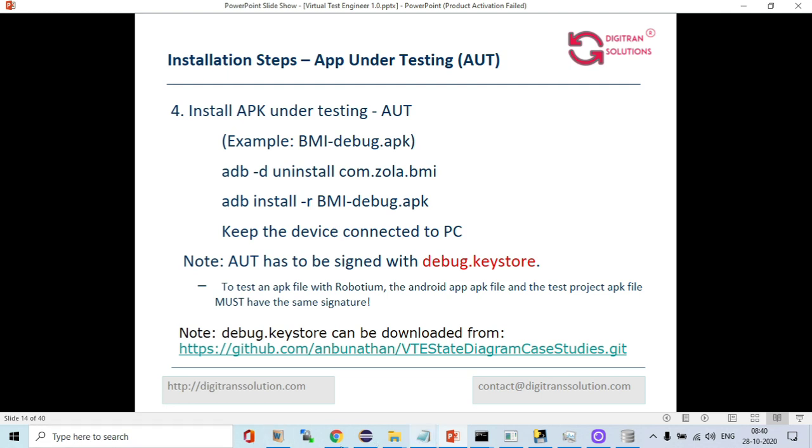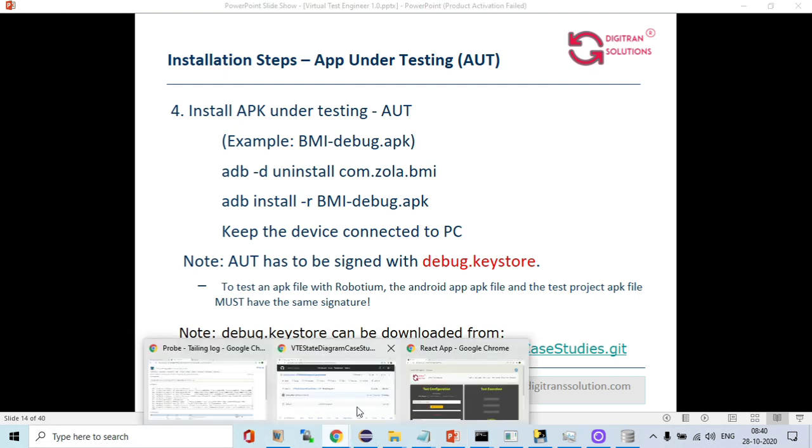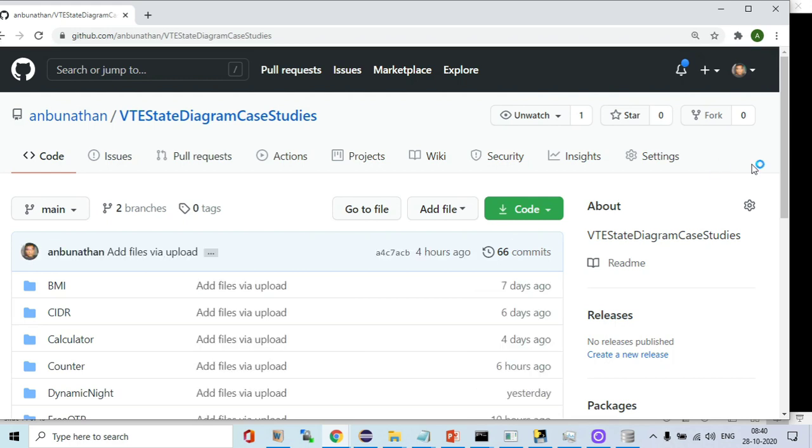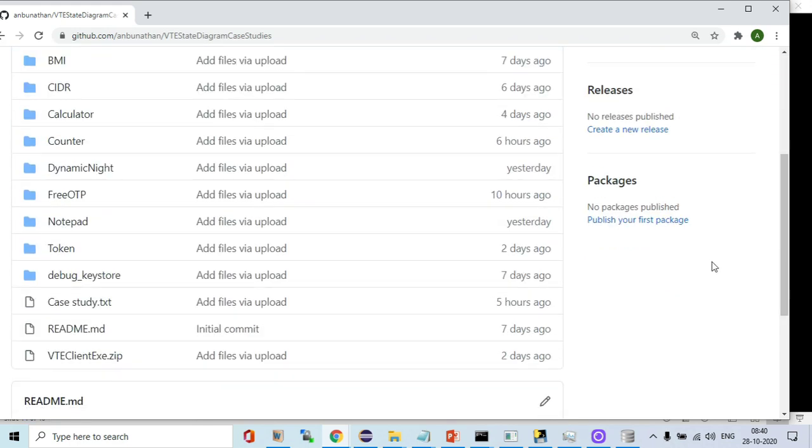The debug.keystore is given in the Git repository, if you see here. You have to take this and build your APK with this debug key. So this is the VT client exe.zip file. You can download, unzip and run the main.exe.